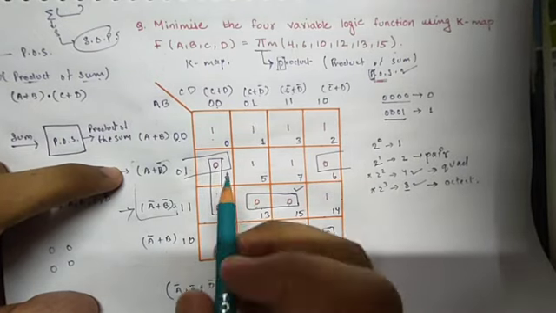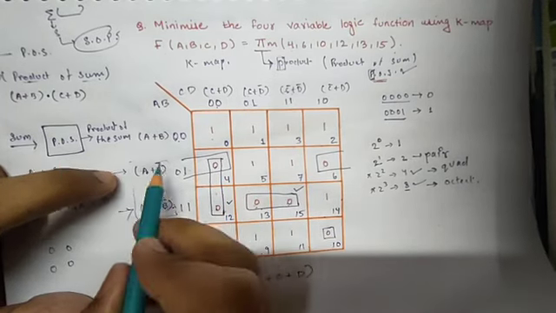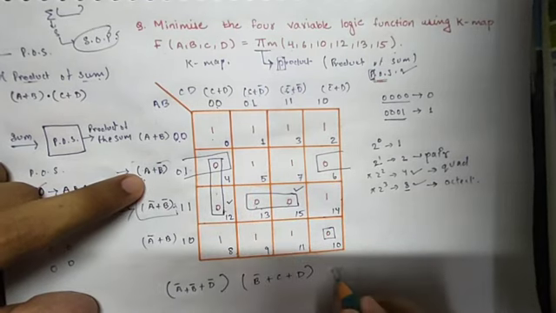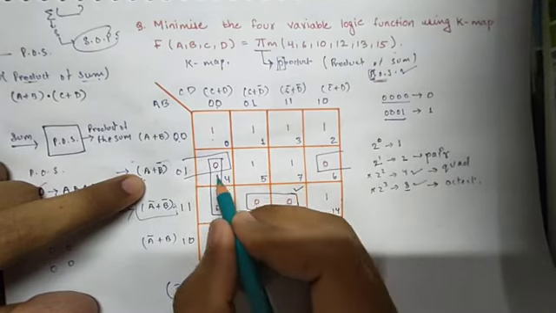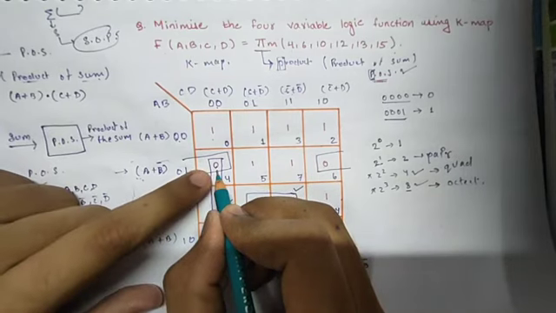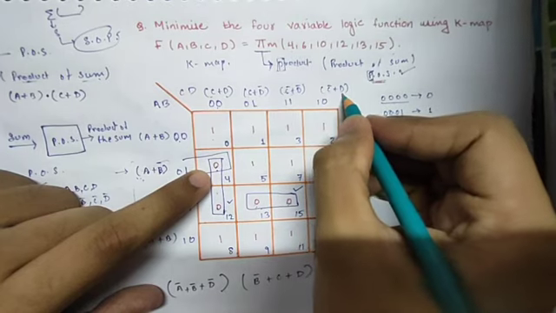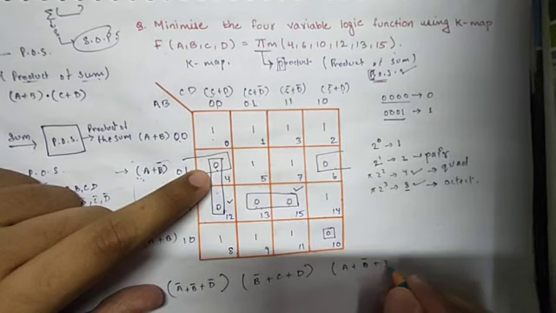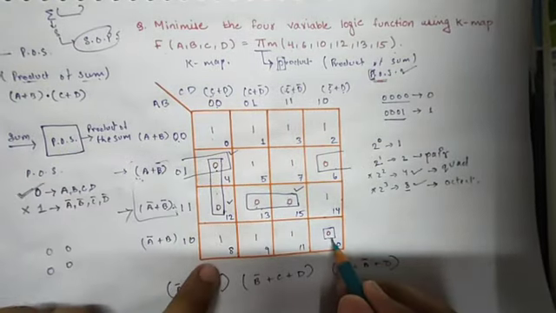Now we will move on to the third pair. For the row address, we can see both contain the same row address, because both are in the same row, A plus B bar. When we move on to the column, this 0 is contained by the column C plus D, and this 0 is contained by the column C bar plus D. So C and C bar are different, but D and D are common, so we will write here D. We are also done with this pair, and now only one is left.